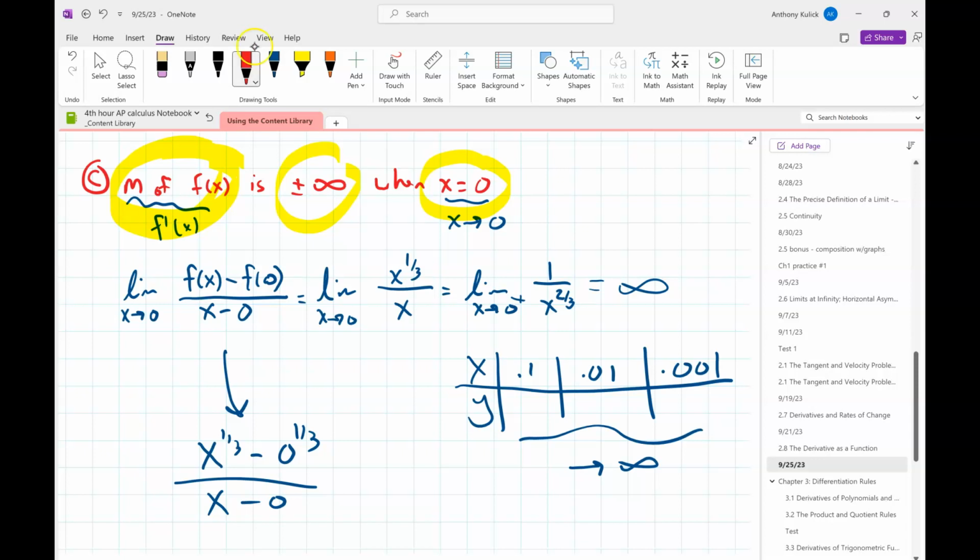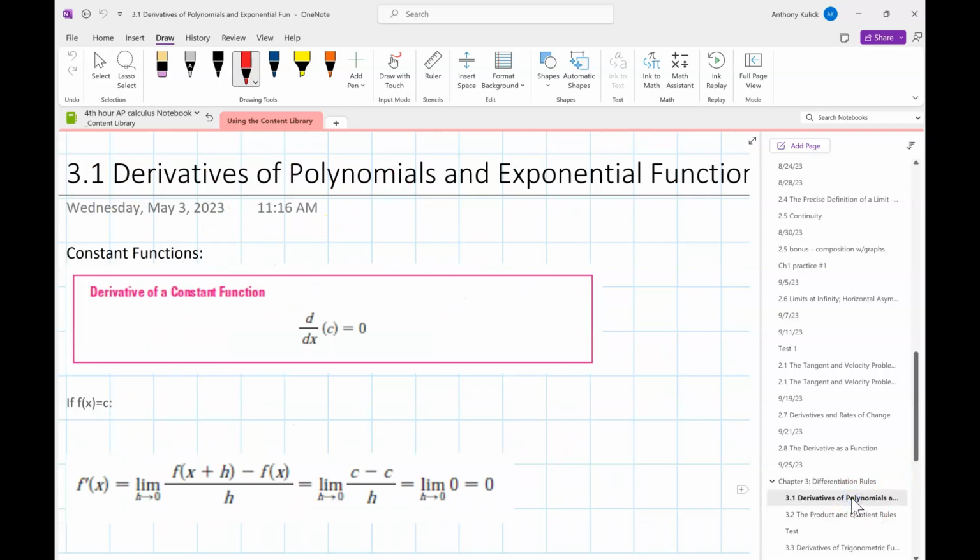Okay. If there's nobody else, let's go ahead and start chapter 3. The first half of chapter 3 is all about shortcuts for derivatives. So the limit definition of a derivative goes bye-bye for the most part. What do you mean by for the most part, Mr. Kulik? Well, if I give you a function that's defined as a graph or a table, you can't really escape it, but the shortcuts we're going to show you